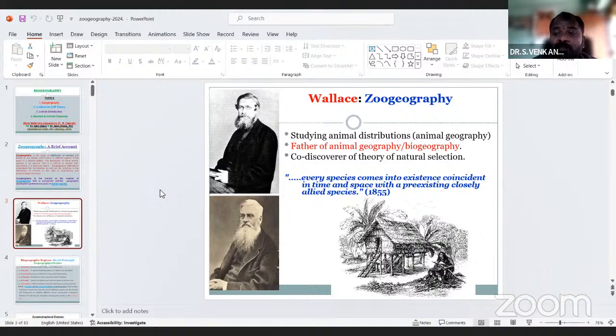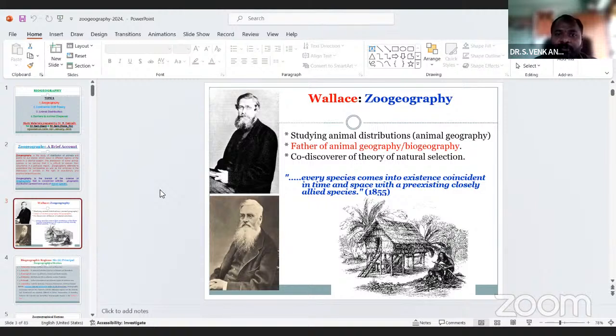Who is the natural selection scientist? Charles Darwin. He is one of the co-discoverers of the theory of natural selection. Alfred Russel Wallace is the father of modern animal geography.